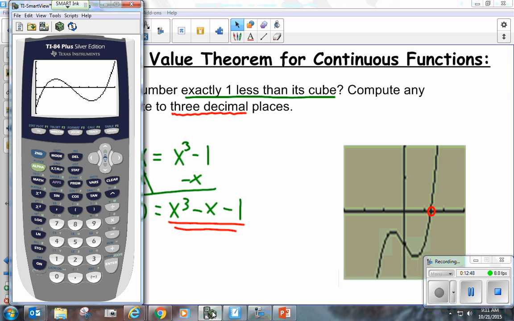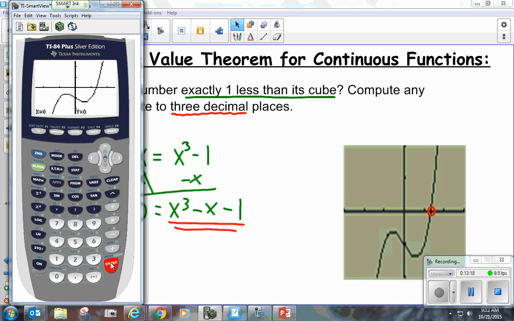So, I'll go here, I'll clear this out. I have x cubed minus x minus 1. And when I graph this, let me make sure, 6 a standard window. That's what it looks like, okay? And I want to figure out, I'll zoom in actually, I want to figure out right where it crosses